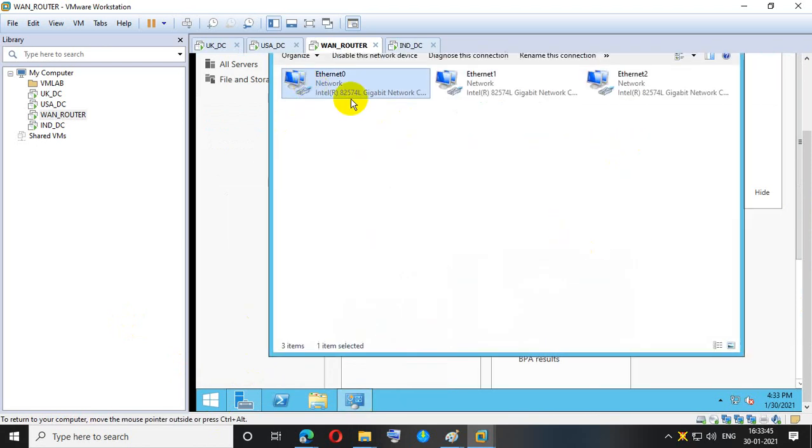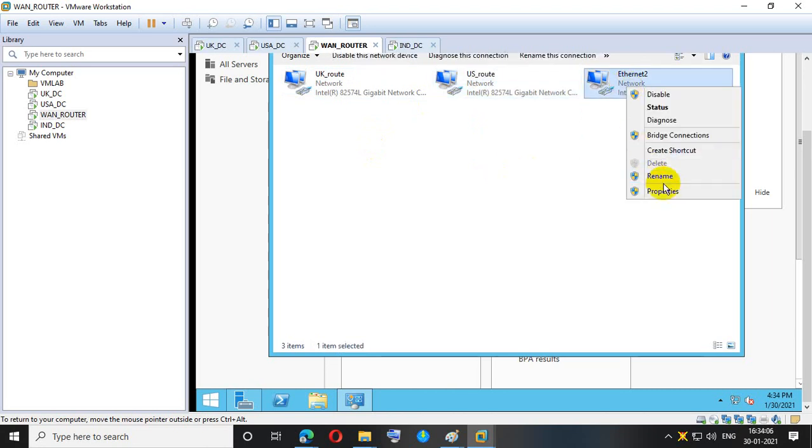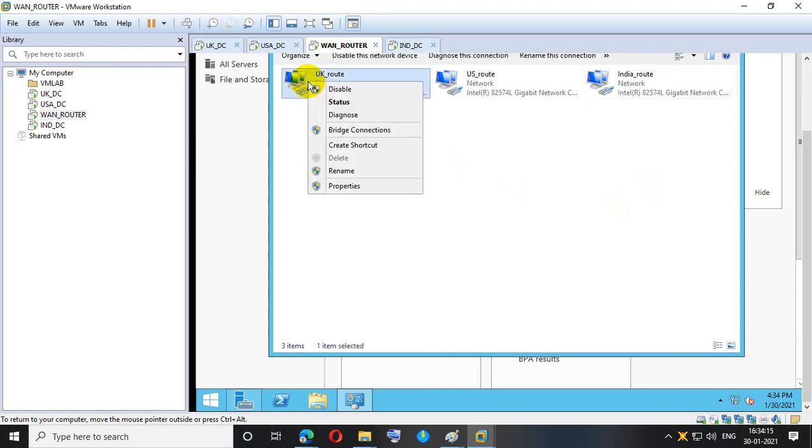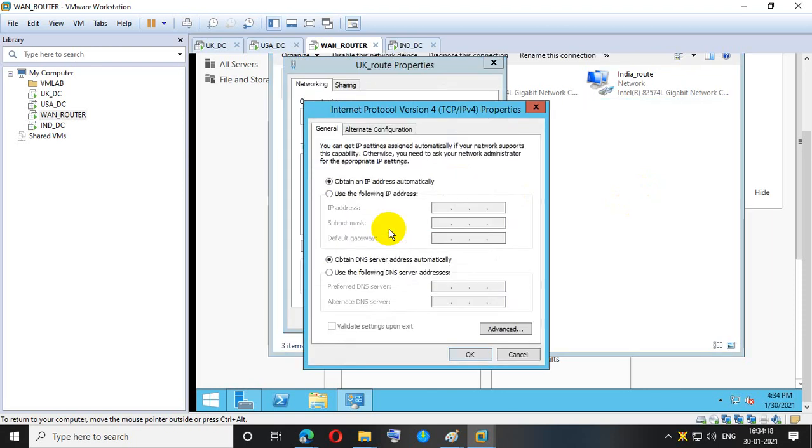Now I am going to rename it so that it will be easier for you. This one is for UK_route, this is for US_route, and this is for India_route. Fine. Now for the UK route, I need the IP address to be